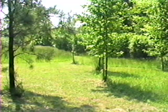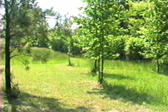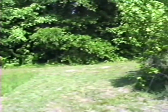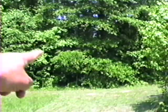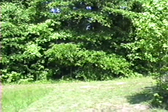Now, right here's our pen. That's the corner pen for the eastern corner, and then it runs back into those trees again. That's where it took off. So, I was down here yesterday with